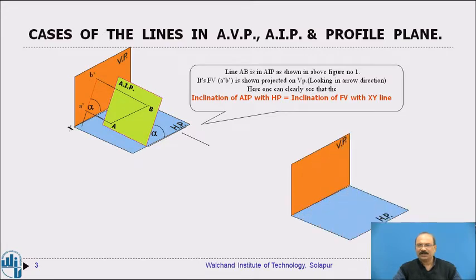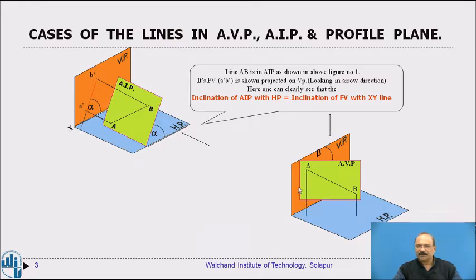In the same continuation, we take one more plane, the auxiliary vertical plane, which makes an angle of beta degrees. There the line is situated in the auxiliary vertical plane. If this is the case, you observe the line from the top, so that projection you get on the horizontal reference plane, and it makes the angle beta. The front view makes an angle of alpha degrees with the horizontal XY line, the reference line, which is the angle made by the plane with the HP, because the line is situated in the plane only.